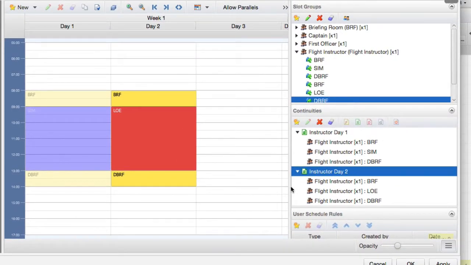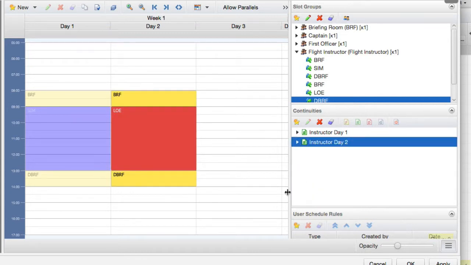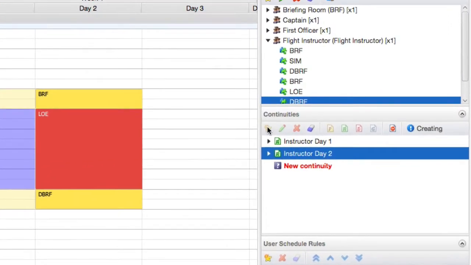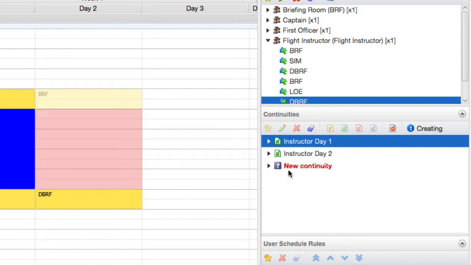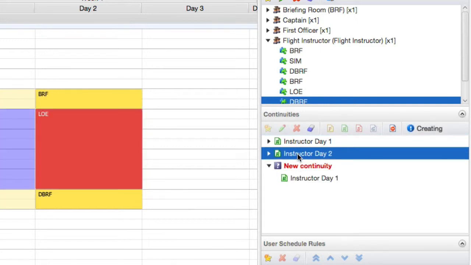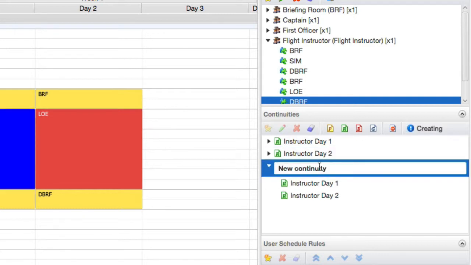So what we have done so far is that we told the system we need the same instructor on day 1 and we need the same instructor on day 2. The missing piece now is that we want to tell the system that on the day 2 it must be a different instructor. So how is that done? Very simple. New continuity like this, and in this case now you do not take any of the slot groups. You say you move this in here as the first one, and the instructor day is also moved in here. So you click here, we call it instructor discontinuity,